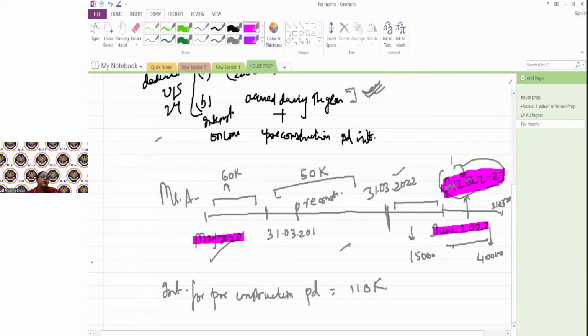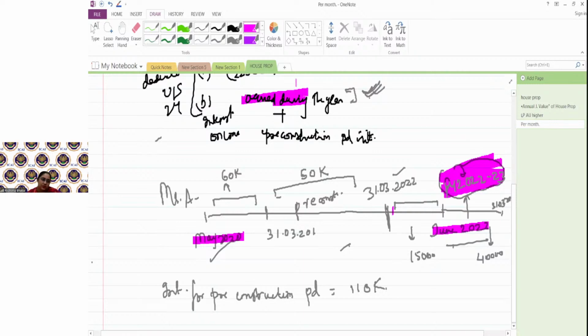Now in previous year 22-23, whatever interest is getting accrued, I can claim it, because it is written here, interest accrued during the year. Even if my property got completed in March 23, then also for previous year 22-23 there is a property and I can claim interest accrued during the year. Yes. So whatever interest is getting accrued from 1st of April to 31st of March